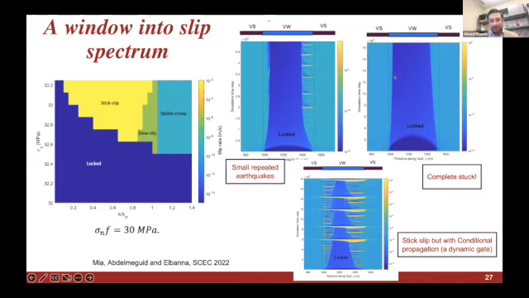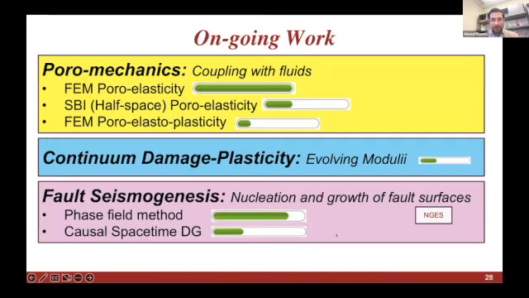For example, this is the case I'm showing here, two cases where you observe the emergence of small repeating earthquakes naturally, without prescribing rheological heterogeneity on the fault surface. And then you can also look at evolving earthquake gates, where you get some temporary locked region that eventually gets ruptured through a dynamic rupture and then gets locked again and so on.